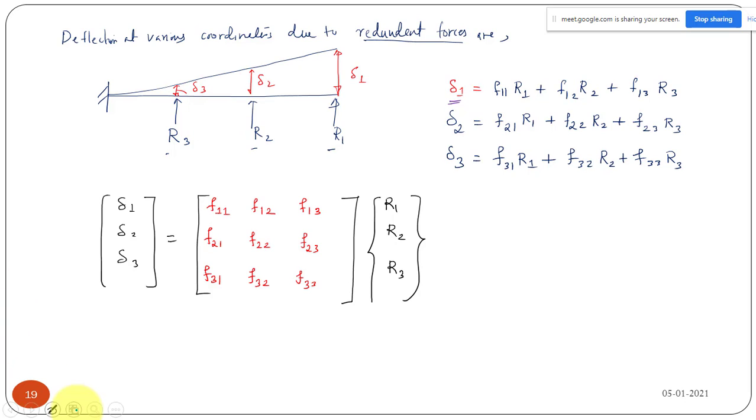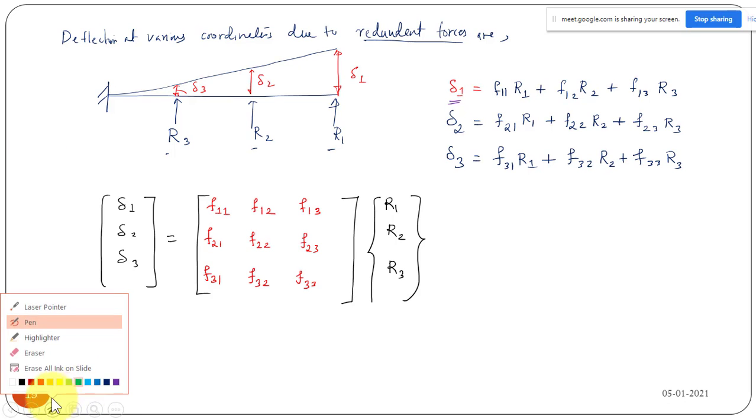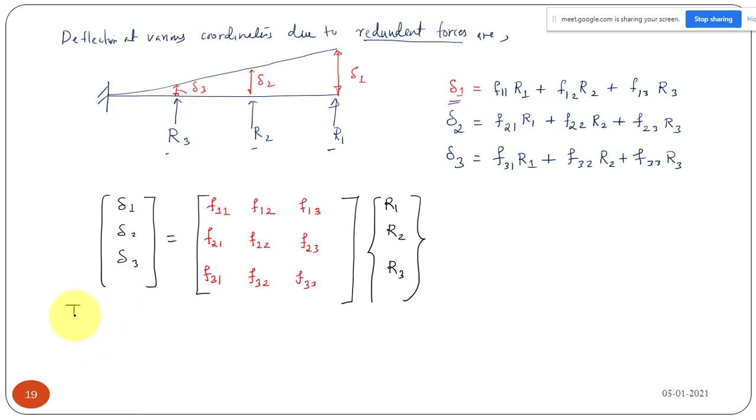Okay, next you can find your total deflection. That is actually your compatibility equation. That is what we will be calling the compatibility conditions. So now I can write the total deflection at a coordinate location as just the summation of your deflection due to external load and due to your redundant forces. So you can write your total deflection, let me take it as d, that will be equal to